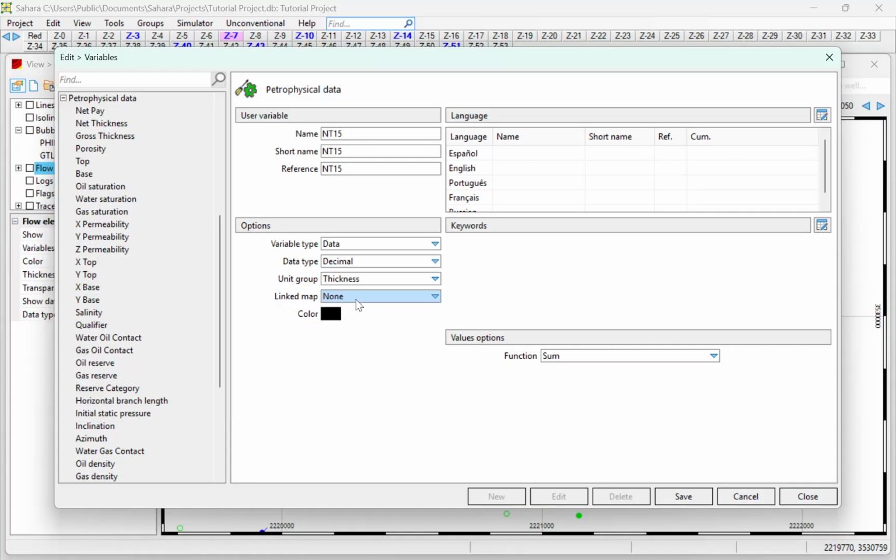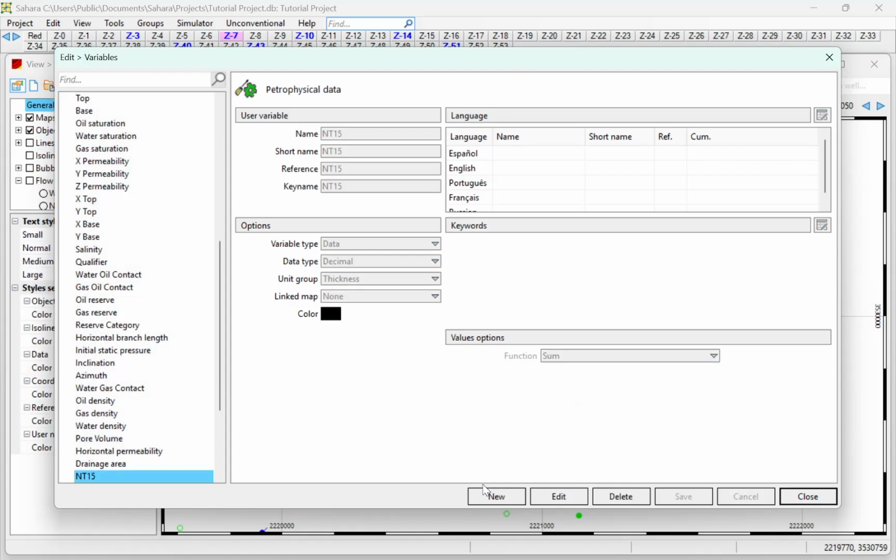We won't use any link map, so we are not going to create any map with this thickness in this opportunity, but if we wanted, we could associate a map with it. We won't use any keywords because we are not going to import the information. And this is important, the aggregation function here, in the case of thickness, is going to be sum. So we will save it for now, and then let's create the other one, the porosity, that